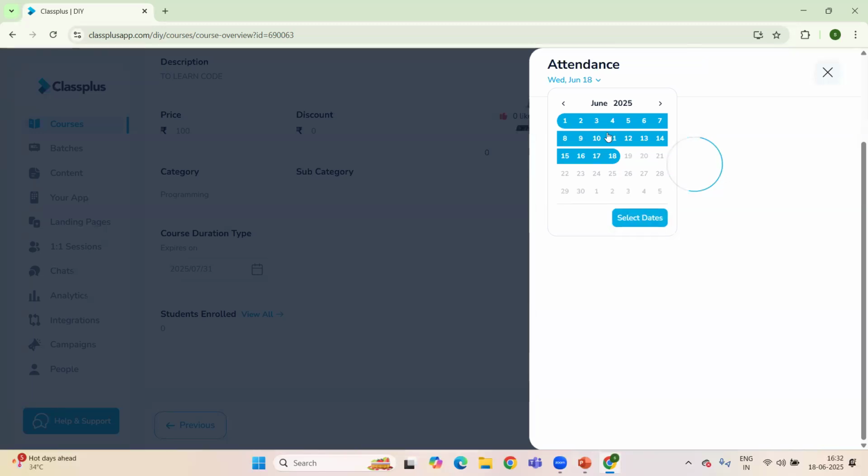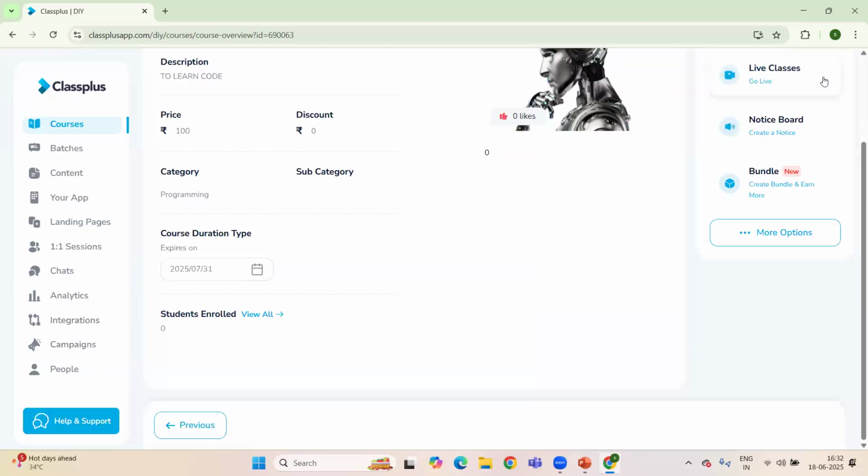So we can select the dates from the calendar, and then we can collect the data of student attendance. So these features are also available for that particular course. So that is all about the courses.